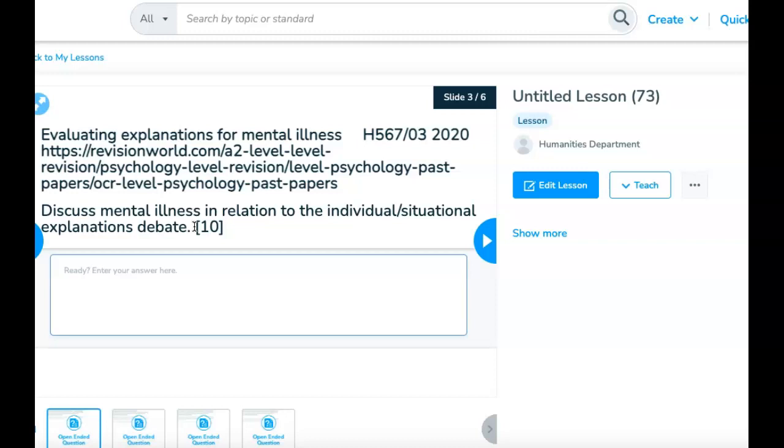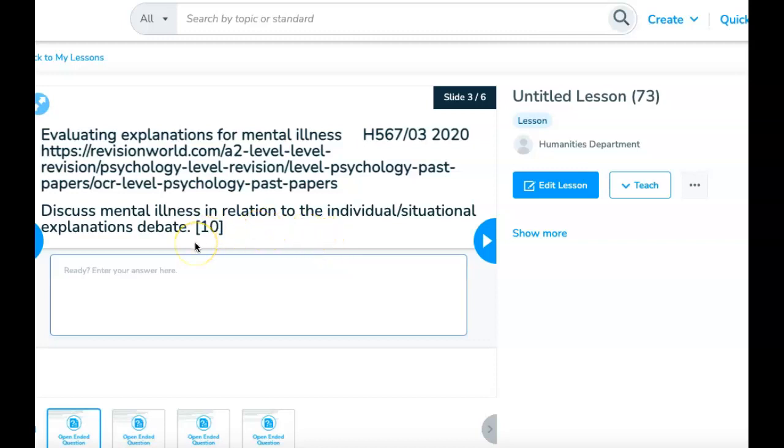Just simply a case of identify when you have an individual explanation, identify when you have a situational one. Situational is probably more likely to be the non-medical approaches, aren't they? Individual more likely to be your medical model ones. So identify it first of all, and then simply say whether it's a good or a bad thing by linking the APMIDs. Individual could link with determinism, couldn't it? Could link with reductionism, could link to socially sensitive research. You can absolutely go crazy on that one.